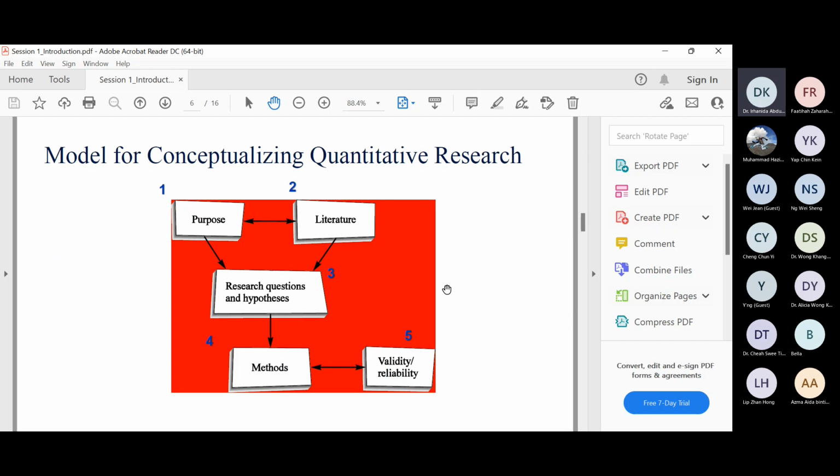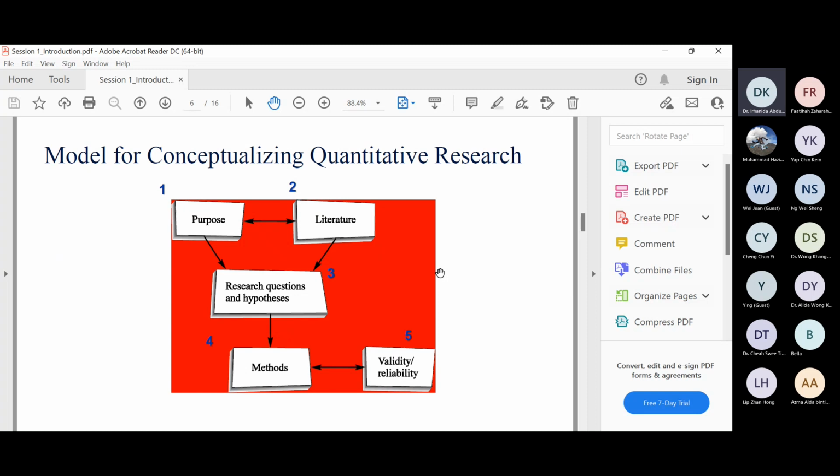We must understand our purpose. We must be clear about our purpose. We must do literature review. It is very important for us to have a good revision of literature, because we are going to write our research question and hypothesis based on literature.